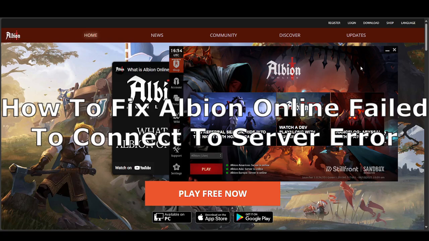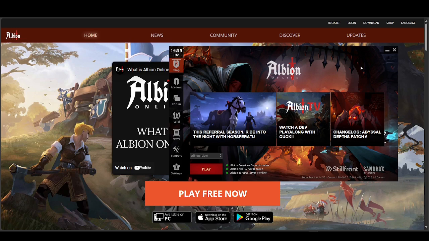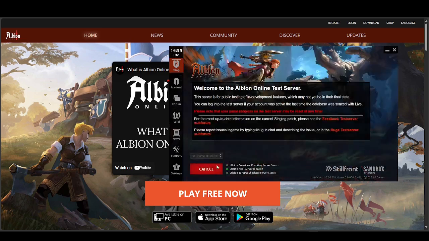How to fix Albion Online failed to connect to server error. So if you're getting that specific error in Albion Online, it usually means your device can't reach the game servers, of course. So one of the main things you're gonna have to check out first is if the servers are